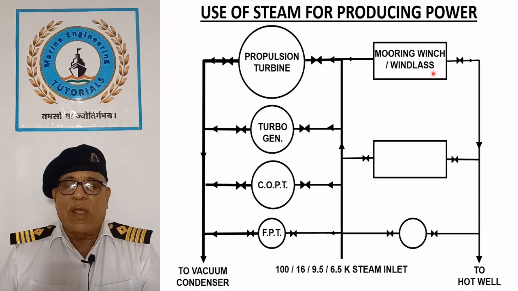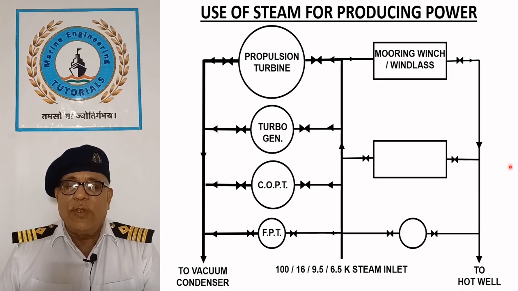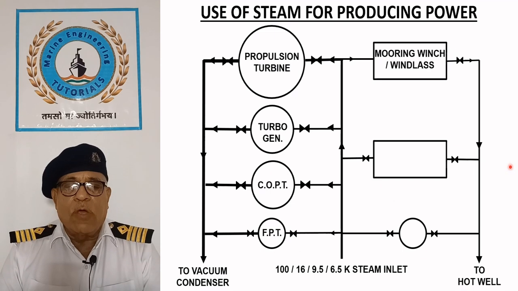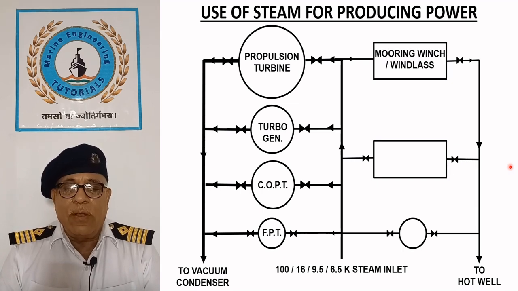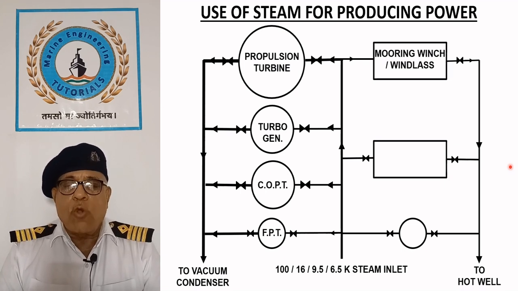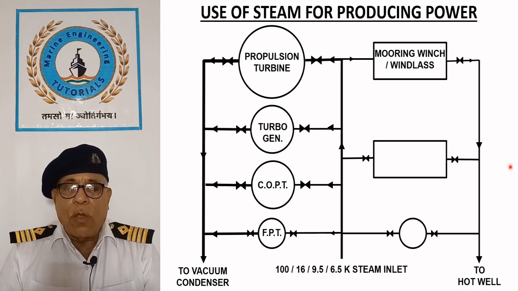Mooring winch and windlass. Mooring winches and windlasses were previously operated using low pressure steam at around 16 bar. Conventional oil tankers were often equipped with steam engine driven mooring winches and windlasses, typically operating on 9 bar steam. On modern ships,